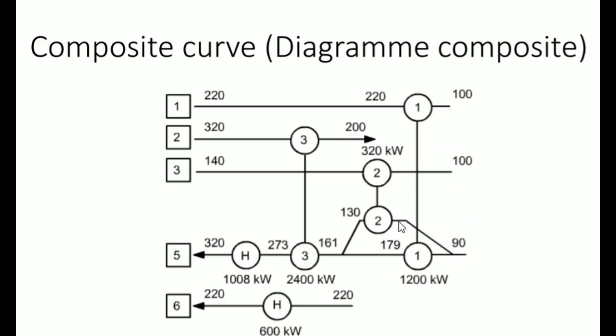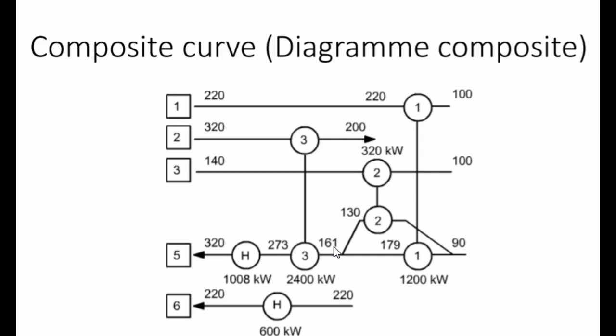Now the other part is here, and depending on the mass flow, it will have a certain temperature here, but the temperature here, when we come back from the 2, will be the same. Now we'll design the flow in a way so that the fluid 3 is completed, so that it goes from 140 to 100. So now the fluid 3 is done. Now what are we left with?